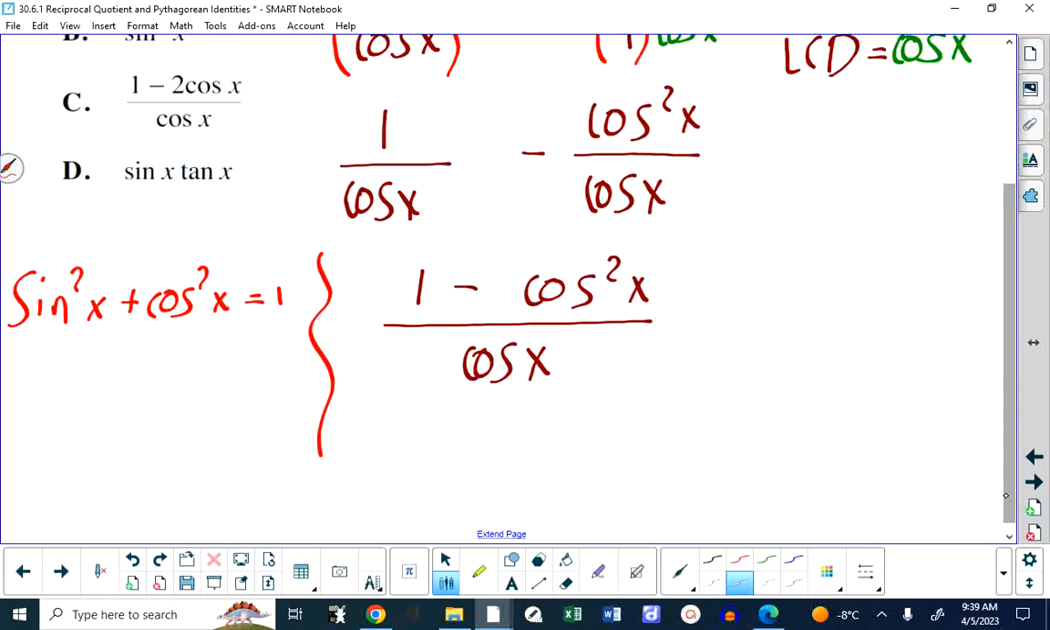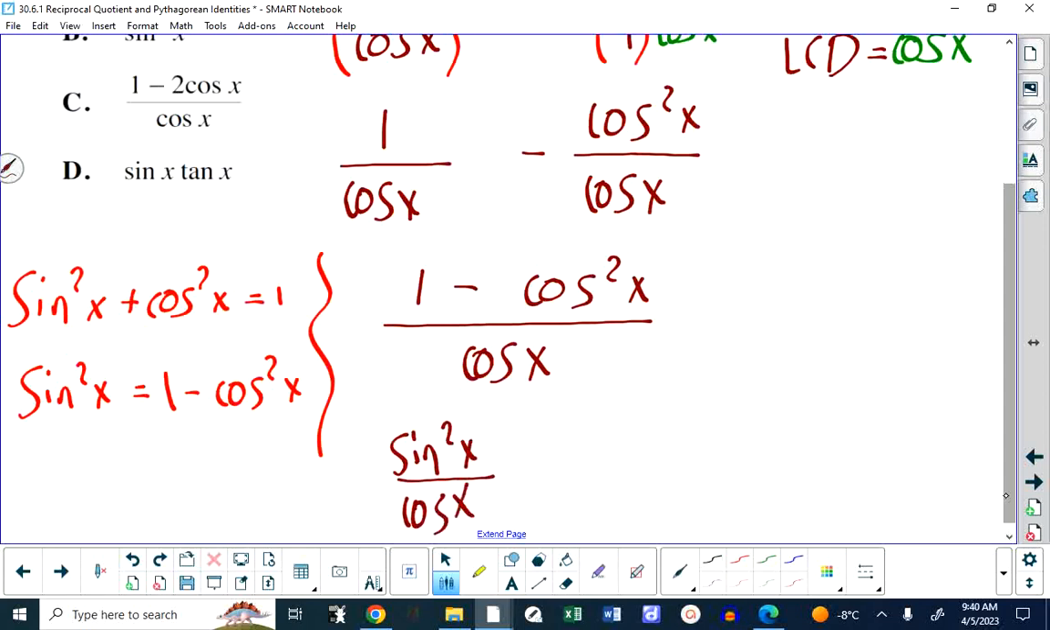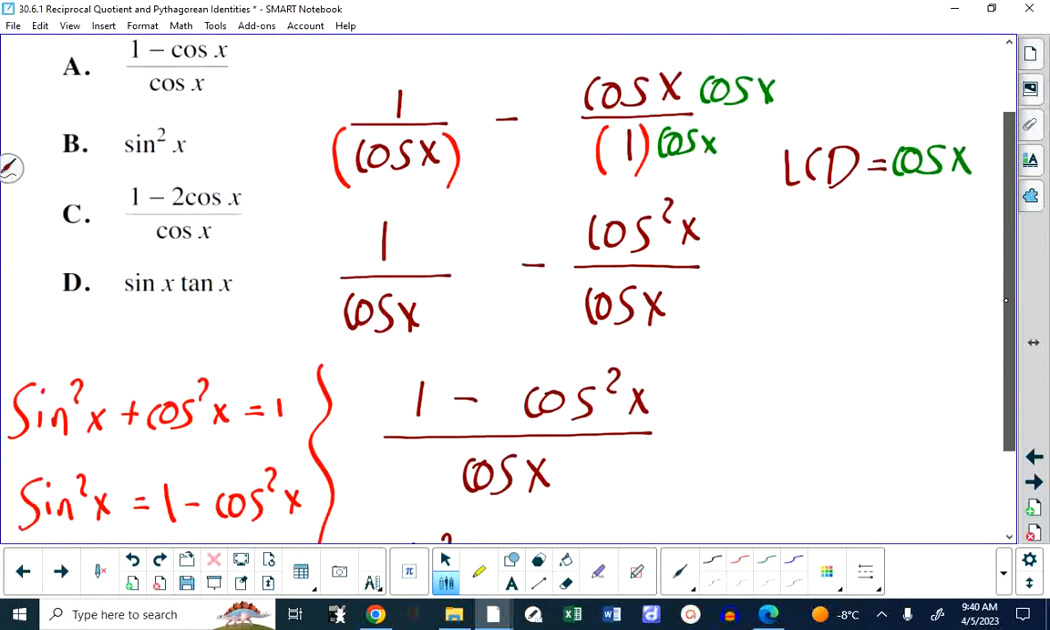If I rearrange that for sine squared, I get 1 minus cos squared. So the top of this is going to be sine squared. And by the way, if you ever see, and we ran into this morning, if you ever saw cos squared minus 1, it would be negative sine squared. So there's lots of variations there. I end up with sine squared of x over cos of x. I'm going to look at my answers here. I don't see it, but